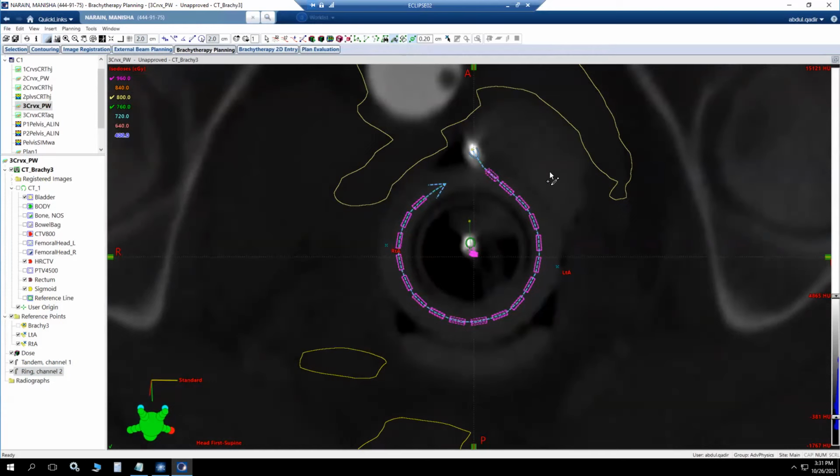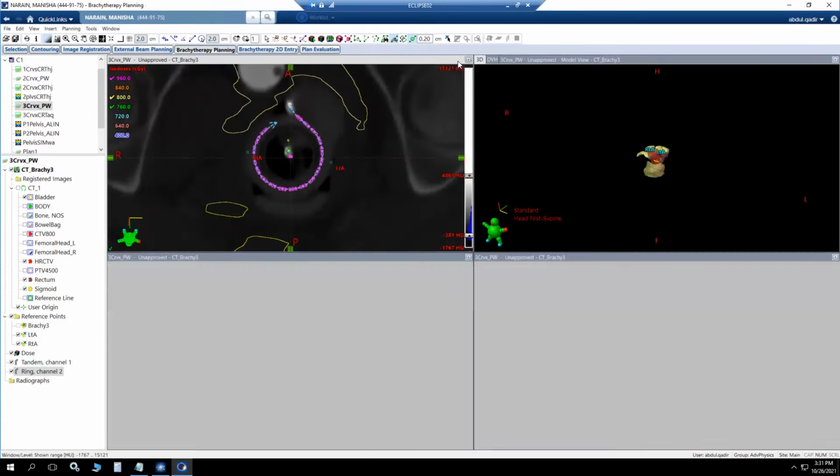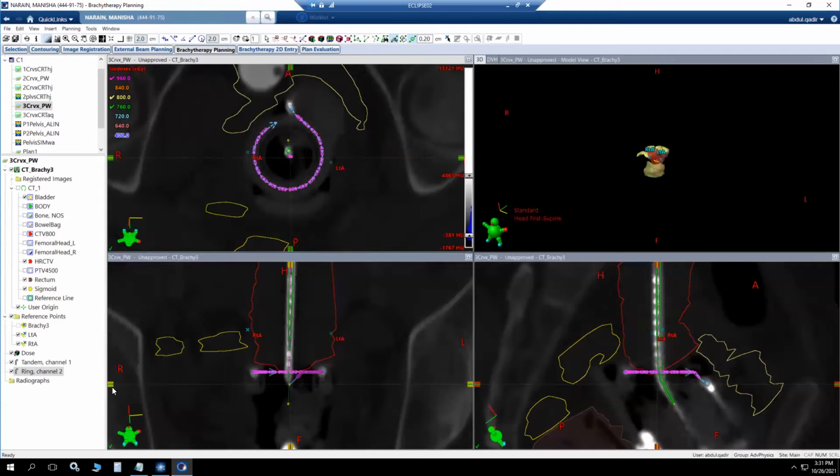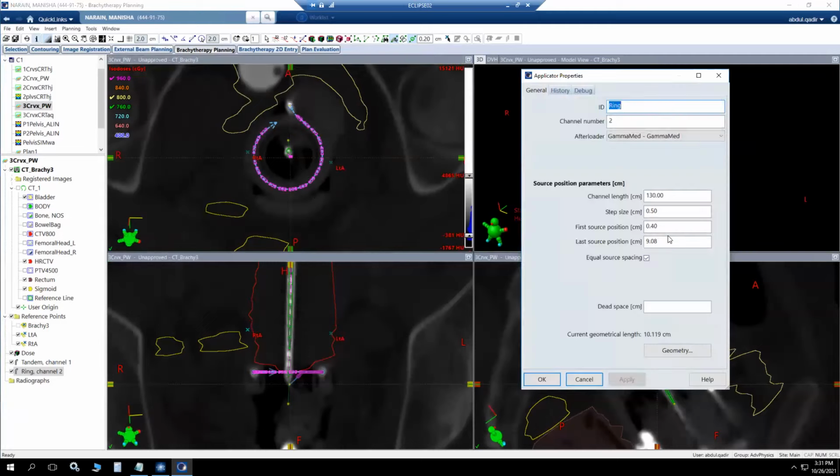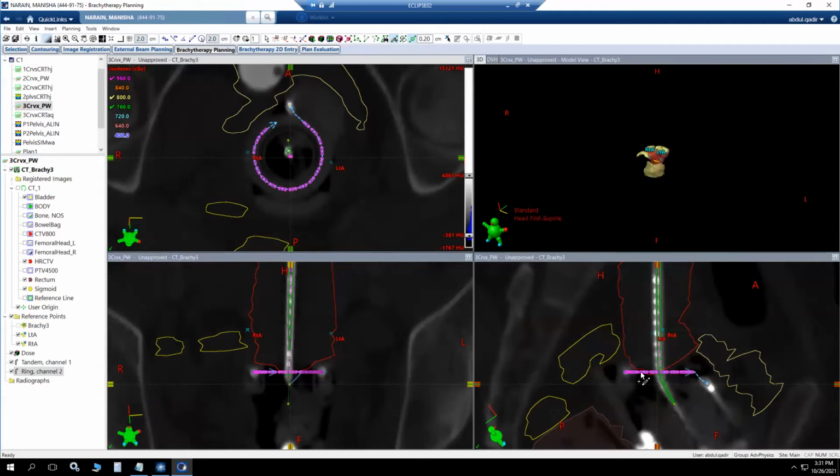It's already filled. And what you can do, you can remove the last source position, I think. Let's see if you can remove this, for example, 8.6. Yeah, it's fine now. And what people do is that because you don't want positions at the rectum and bladder level, so anterior posterior, you don't want to have any position. So you can remove this